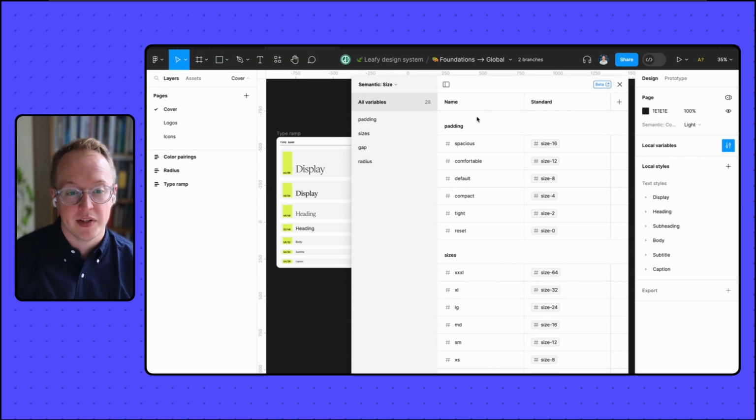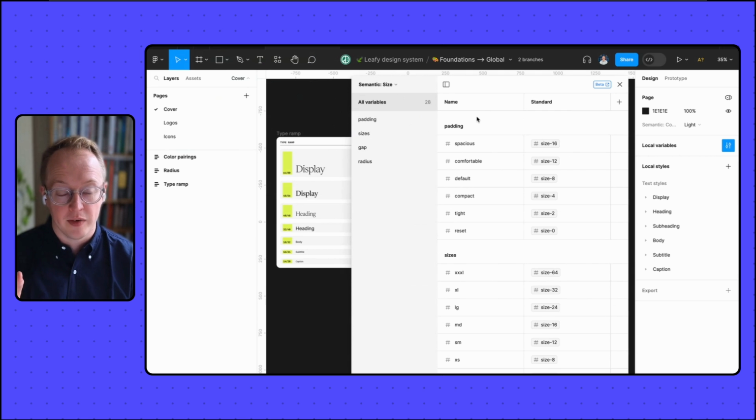I showcased in the previous example how, obviously, on Professional and Organization you're limited to 4 modes. But I wanted to talk a little bit about library structure. Sometimes you might need more modes, sometimes you won't. So an example of where there's slightly fewer modes is